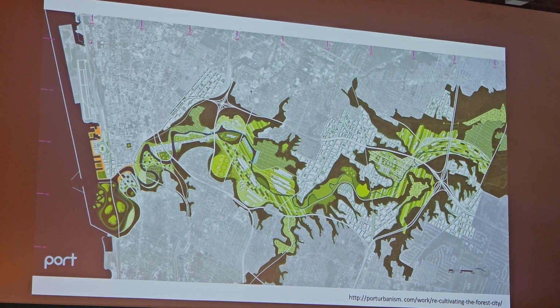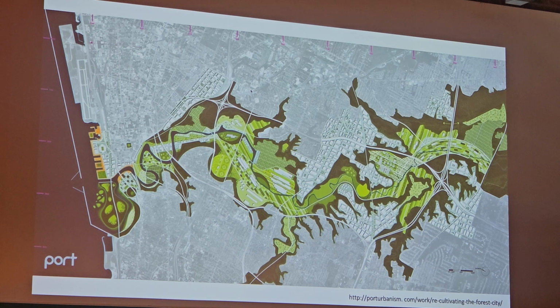This is, let's say, a more zoomed out scale. It's an interesting group, a young office called Port Urbanism, out of Philadelphia, and they call this a forest city. So they bring deforestation, again green trees, back to where they were. So this is the city of Cleveland, in the American